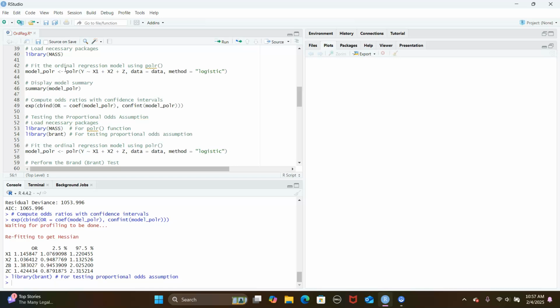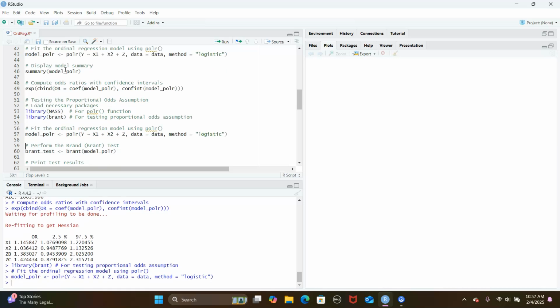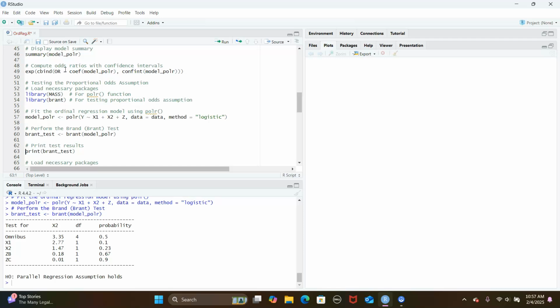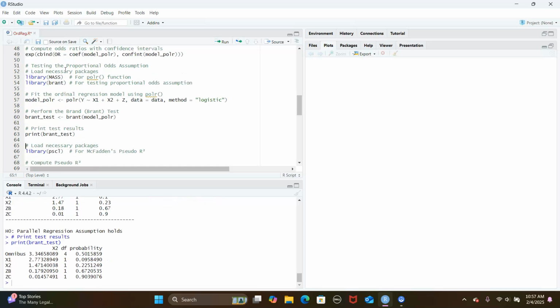Okay, and we can fit the model again. And then we simply use the function brant to perform the so-called Brant test. Okay, so basically Brant test and print it out. You can see